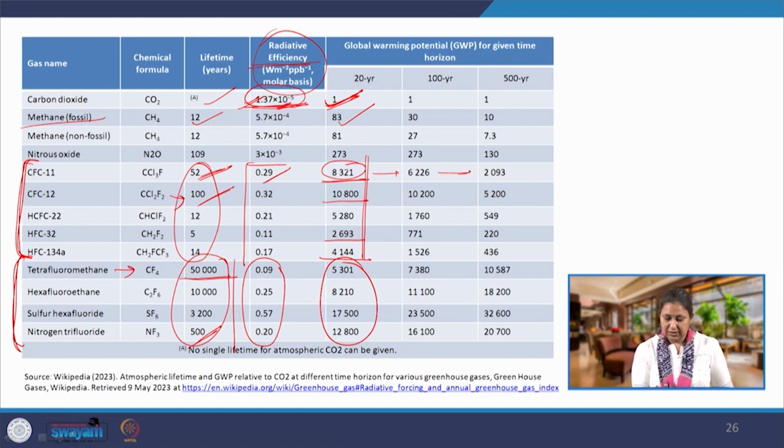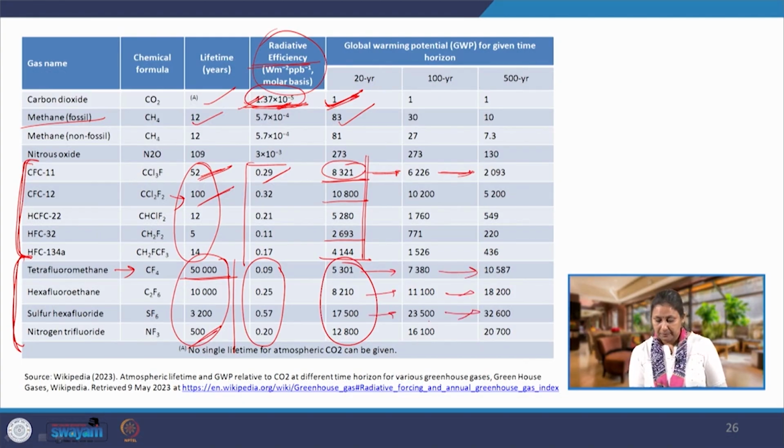Unlike the chlorofluorocarbons, where we saw it reducing from the 20-year period to the 500-year period, here most of the fluoride gases' GWP will continue to increase